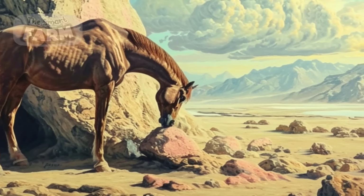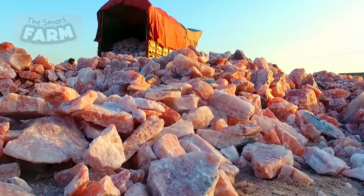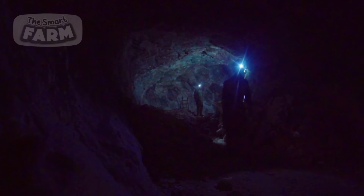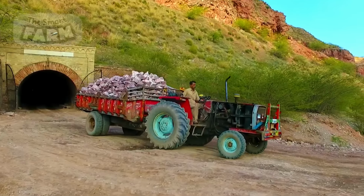a sensation worldwide. The journey of Himalayan salt begins with the extrusion of salt rocks from prime zones in the mines. Incredible attention is given to selecting only the highest quality rocks, emphasizing their purity and mineral content. The geological expertise applied during rock selection is paramount, as it directly influences the final product's taste, color, and health